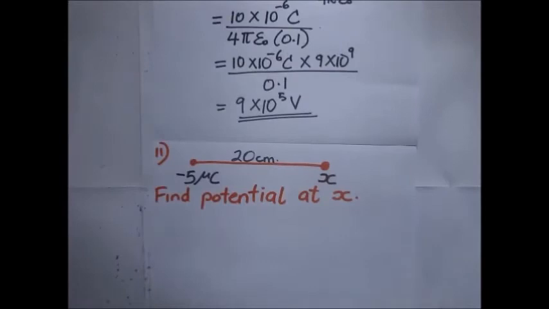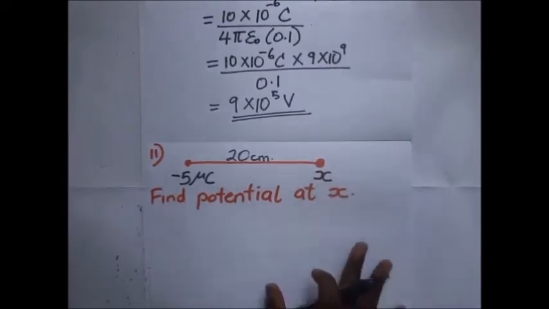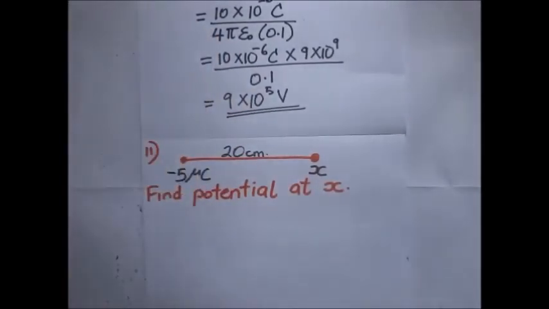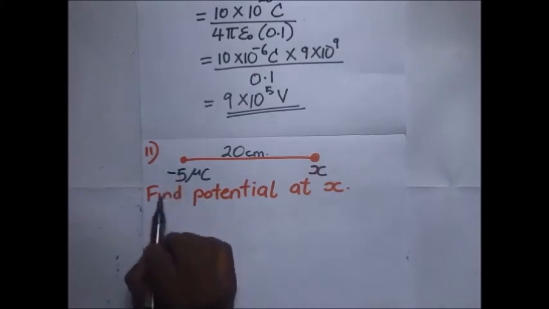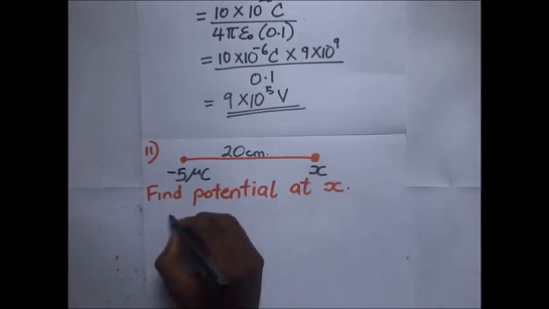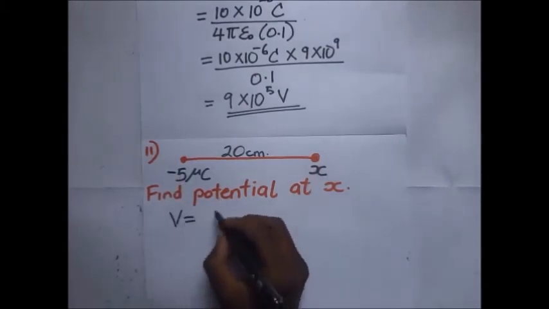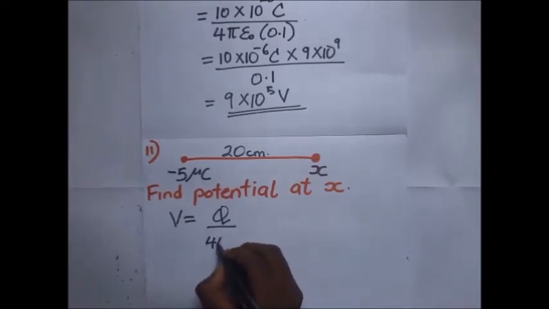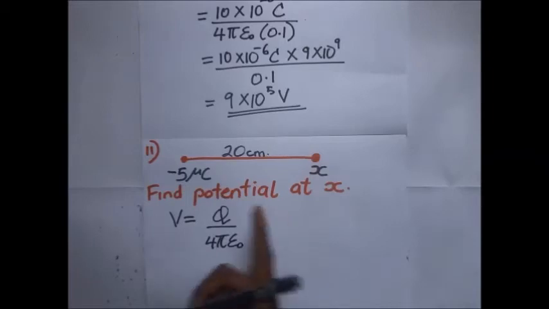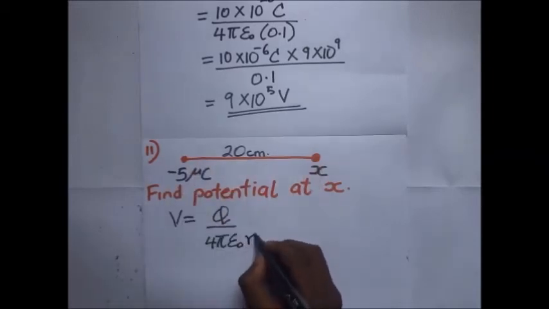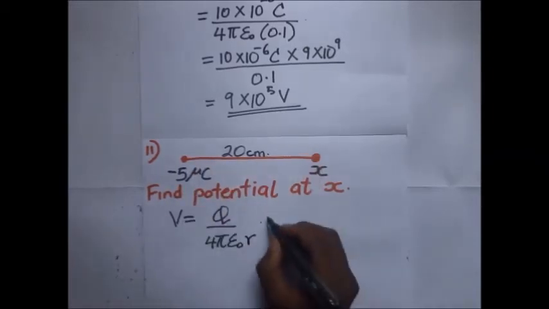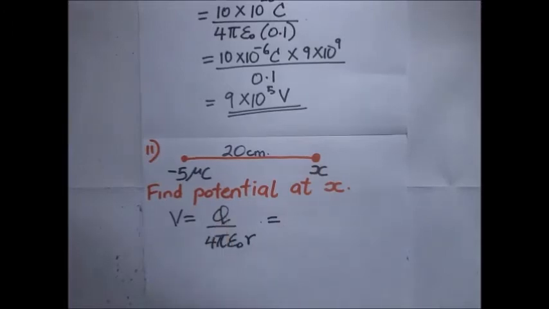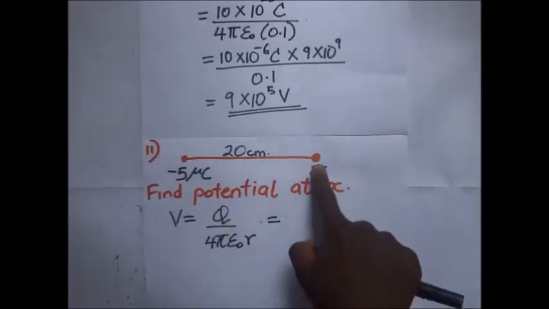In our next example, they're asking us to find more or less the same thing, only that here our charge is negative. So find the potential at x. Same story. V is going to be that charge Q over 4 pi epsilon naught times the separation, we shall call it R. So that is going to be equal to, if we are finding the potential at x, it means